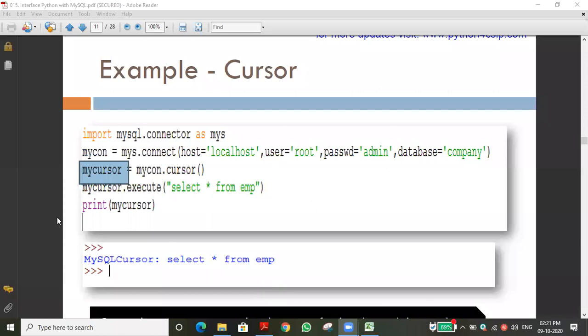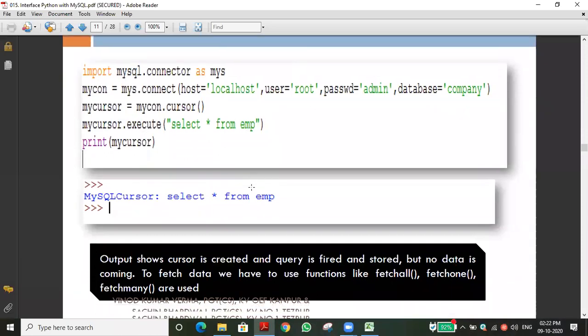Okay, so here "my cursor" is a name which we assign for the cursor. Every time you want to execute anything, we are calling the cursor: come here, do this work. In the second line you can see we are calling cursor.execute, the execute function, and in that we are passing one query. That we have seen in yesterday's class.